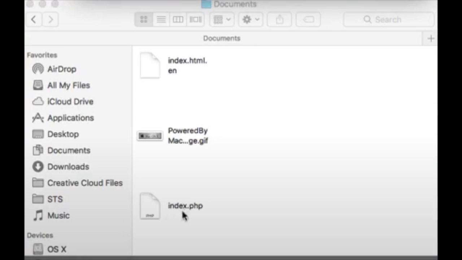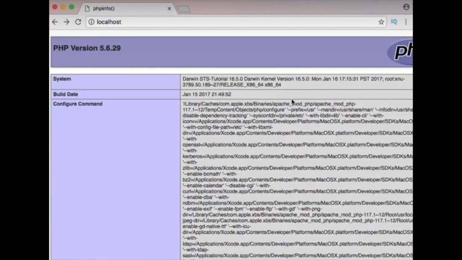Of course, you can now delete the old PHP HTML file because you don't need it anymore. If you now refresh your localhost IP, it will display the PHP site with the PHP information already set. Please keep in mind that your browser may have cached the old index file and still shows that one. In that case, just delete your browser history and clear the cache and refresh everything. Okay, so now Apache and PHP are running.